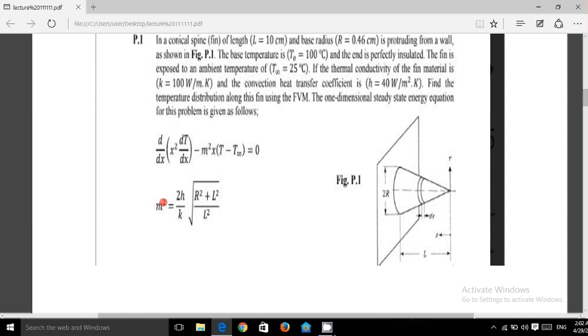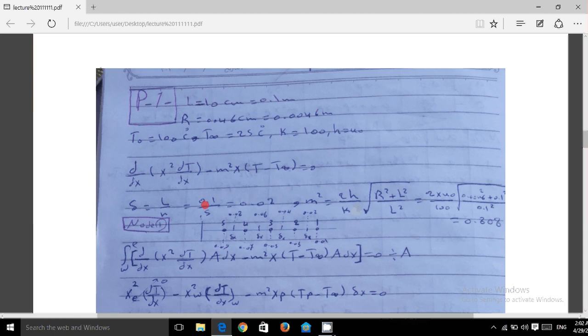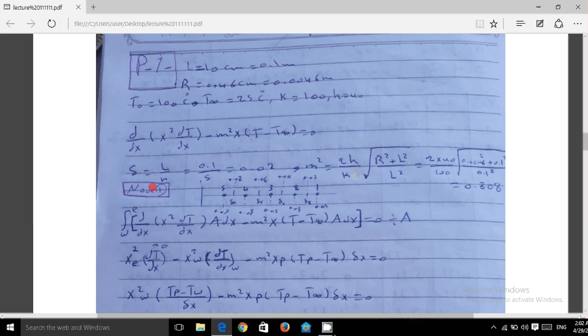He gave me the relation of m squared, so I will just apply the numbers inside it and get m squared. First I will convert the units into meters and then I will apply the equation. As usual, we will find delta x equal to the length of the fin over the number of nodes. The number of nodes you can increase or decrease, it depends on you. If you increase it, you will have more accuracy in the distribution of temperature along the